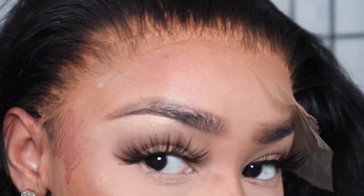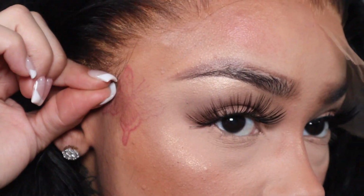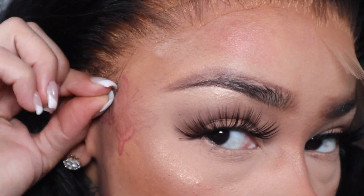This is the lace with it down, 100% down, and it's so neat and nice. Y'all, like, tell me that's not my hair. Then I lift it up, you see, I don't have a ball cap or anything up under, and it's still giving scalp. So I'm going to repeat the same process on the other side, get all the excess lace off,